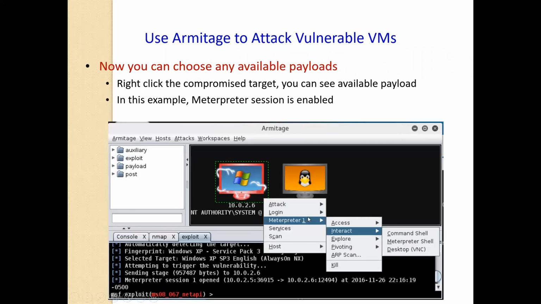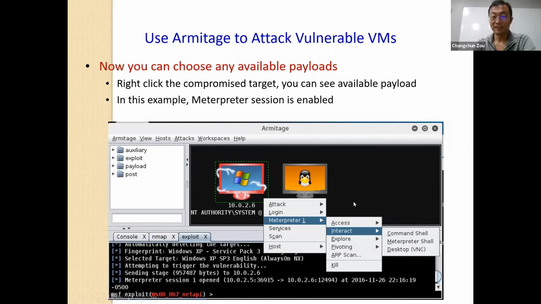Then you can choose the meter. Yes. Okay. No,